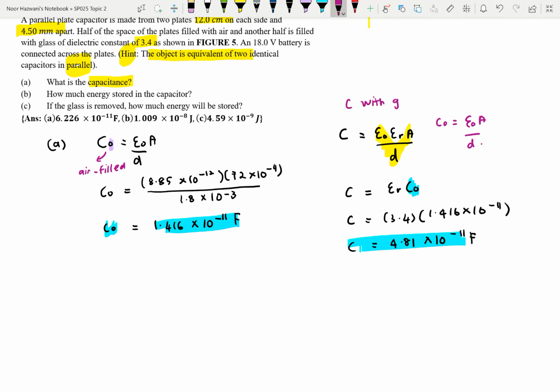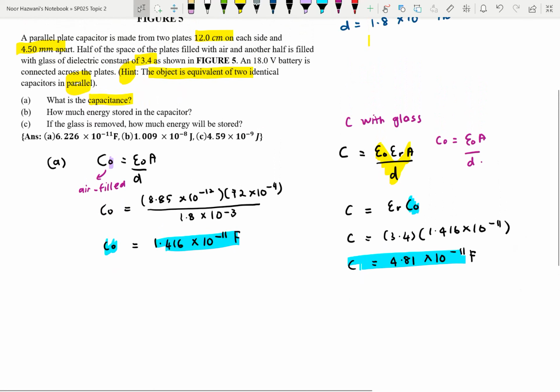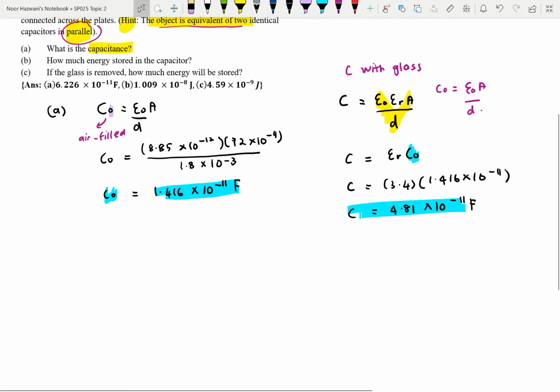Okay, and then you already have the capacitance value for the air field. So earlier the hint said the object is equivalent to two identical capacitors in parallel. So for capacitors connected in parallel, we want to calculate the C total. So C total is we just sum up, C naught plus C. Okay, so C total you will get